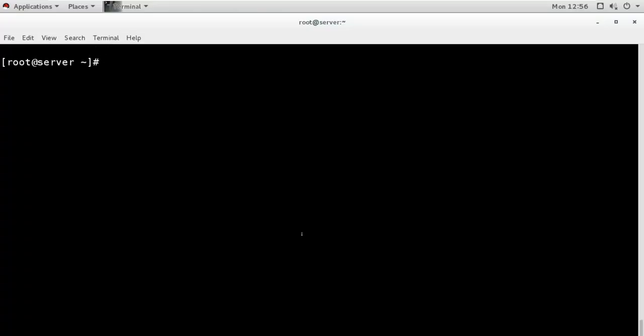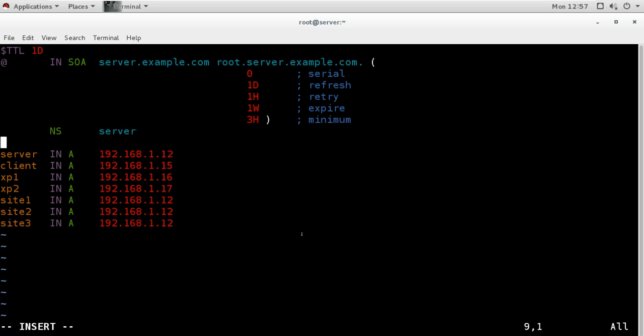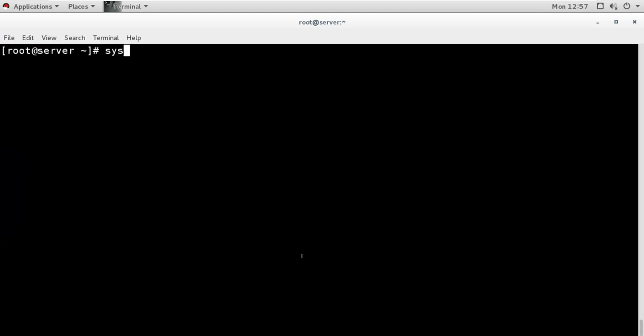That means in the DNS server, in the forward zone file, you have this as a name server. So you can have an MX record for your mail server. You have to have the MX record added into the DNS, so that it will know that this is our mail server. If you have not added the MX record into the DNS, then you have to add it. So I have added it, and I will restart the name service, so make it perfect.